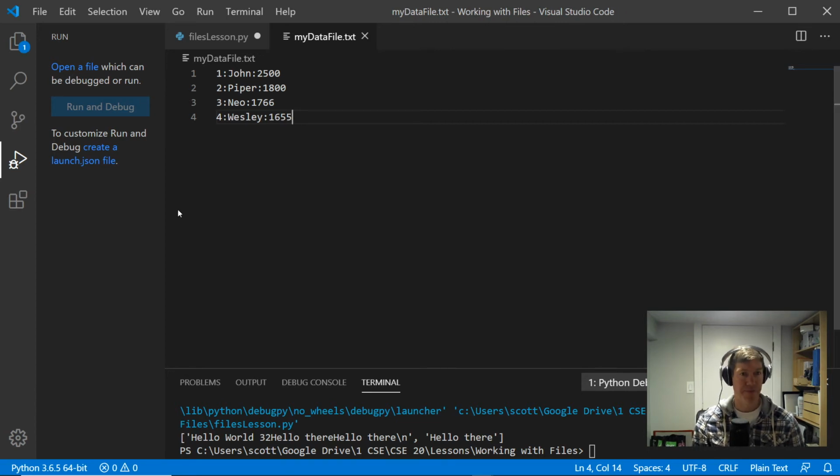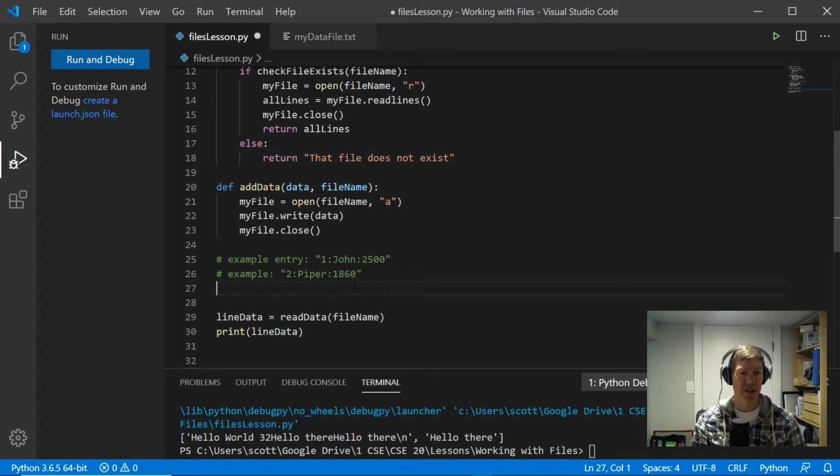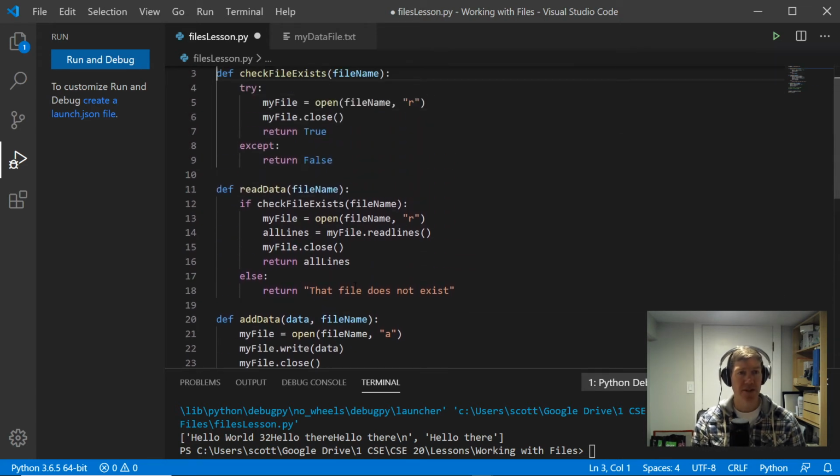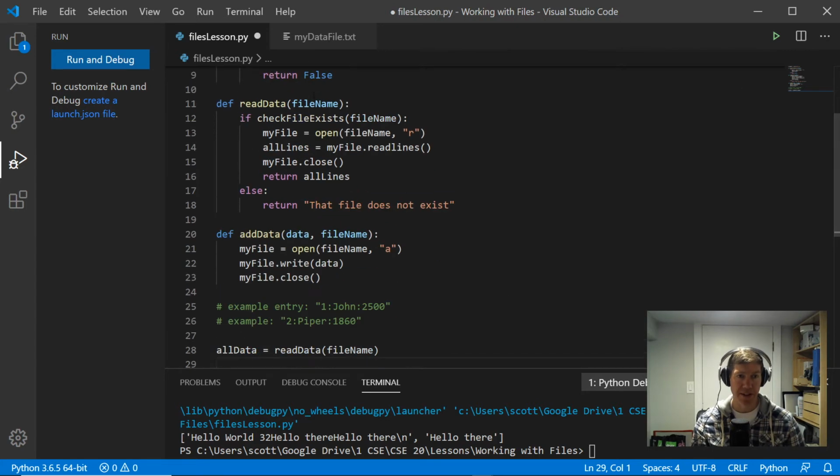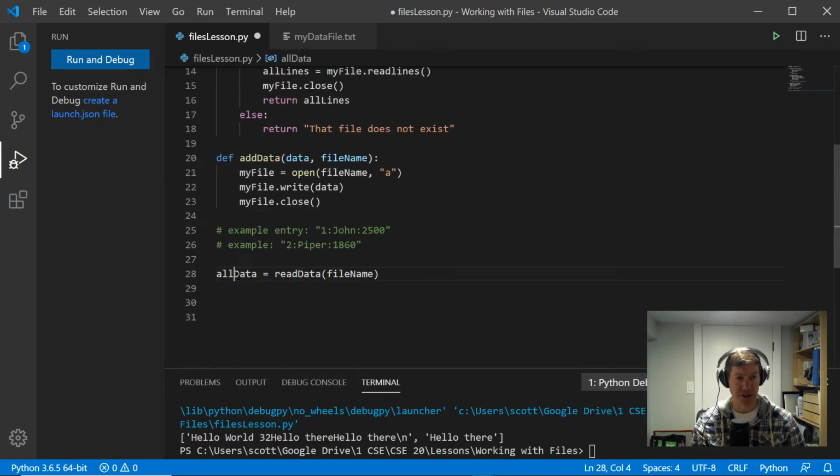All right. So I've got some entries. Now let's grab those and then parse it. So I'm going to make old data equal to read data file name. So that should grab it and throw it into a list, and now all data should have that list. Yes? Now let's